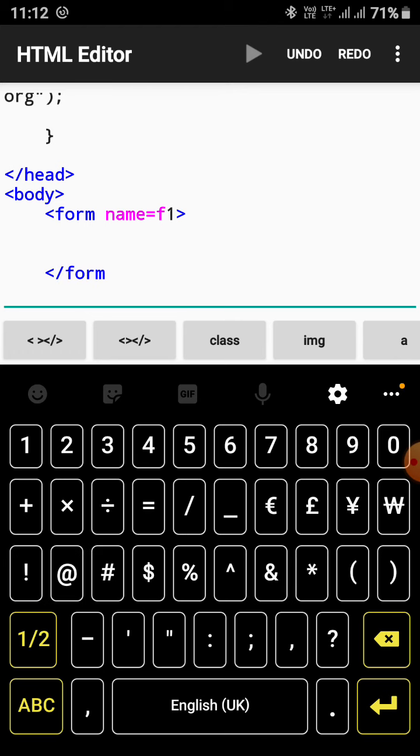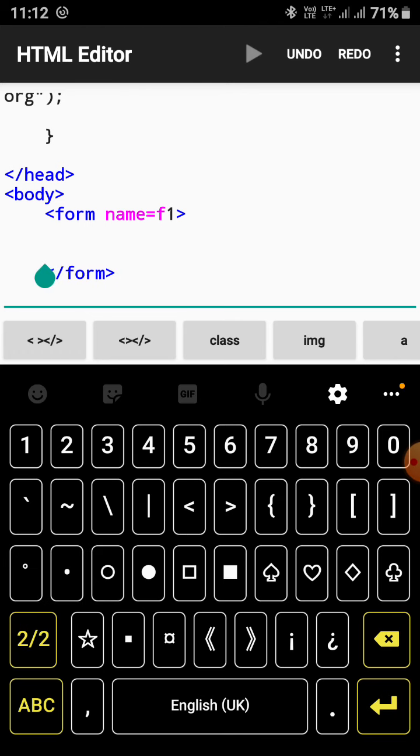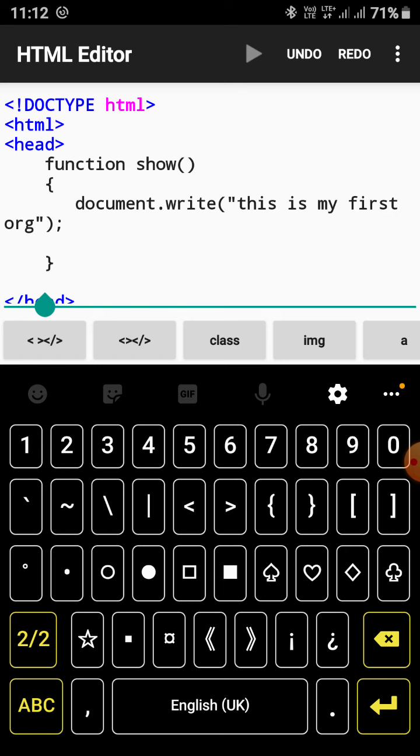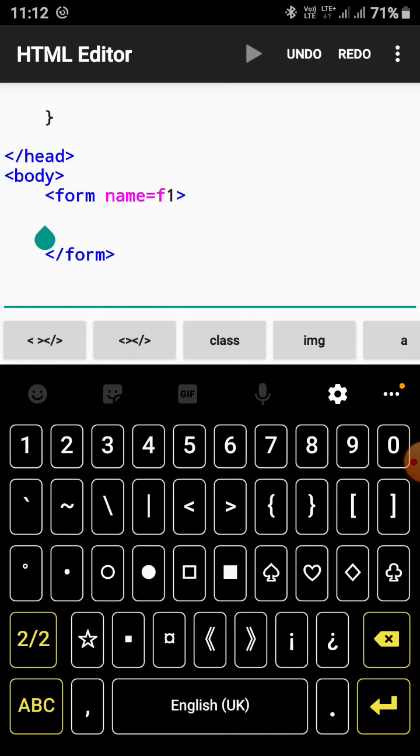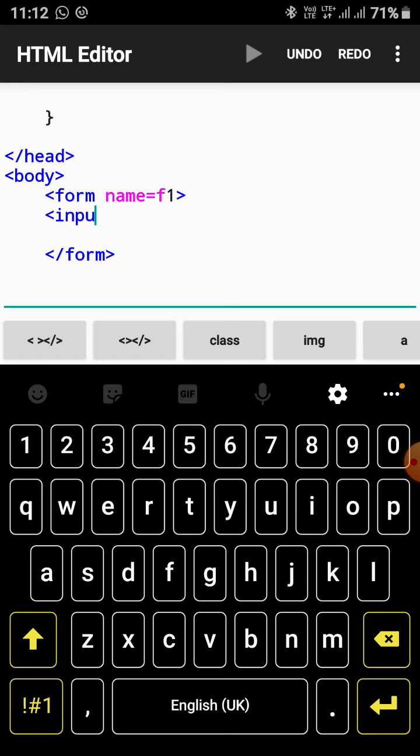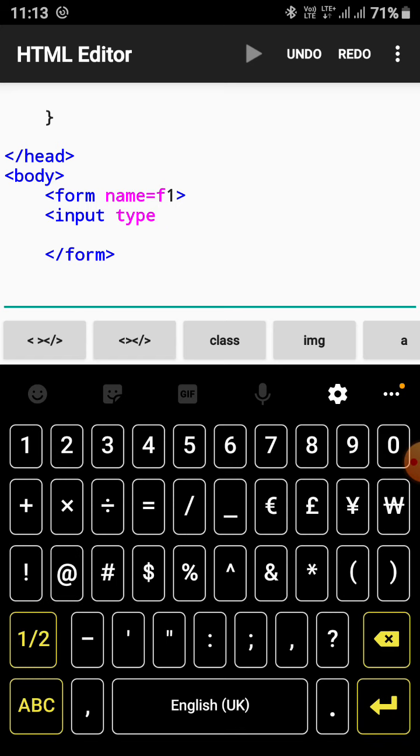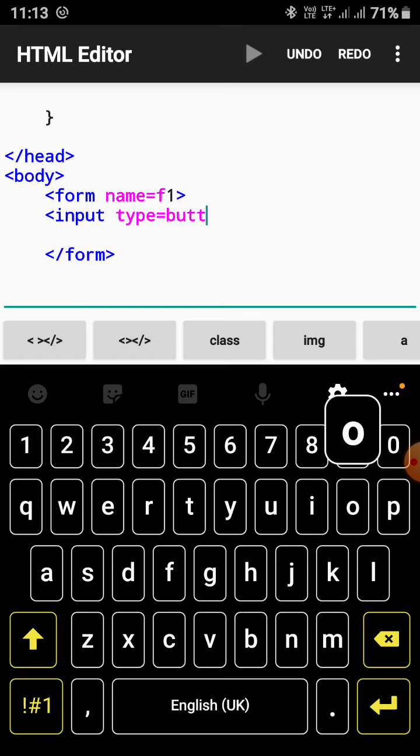All of you see carefully. Inside the form tag, now the question is how will that function run. So what we have to do here is write the input function, students. For taking a text box, what we used to do, input type what. Now suppose I want to keep only one button, so input type equal to button. It means I want to bring a button, and the name of that button is b1, so name equal to b1.